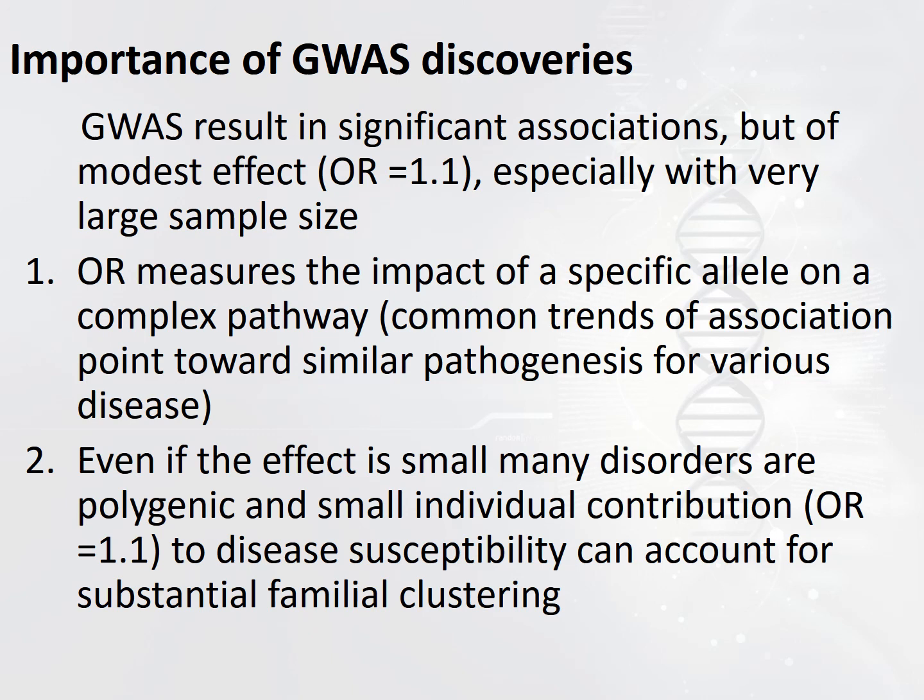Also, even if the size of the effect is quite small for one particular variant, so even if you have an odds ratio of 1.1, most of the diseases are highly polygenic, so they involve thousands and thousands of variants. And if those variants have a small effect, that effect is additive. So you will get a stronger effect once you have covered all the variants that are associated